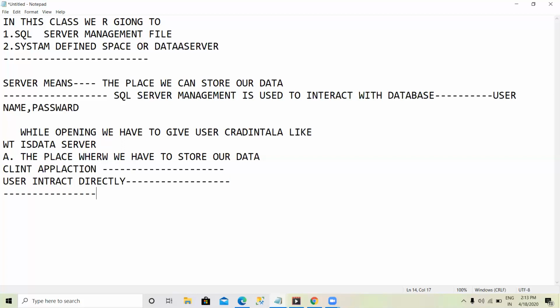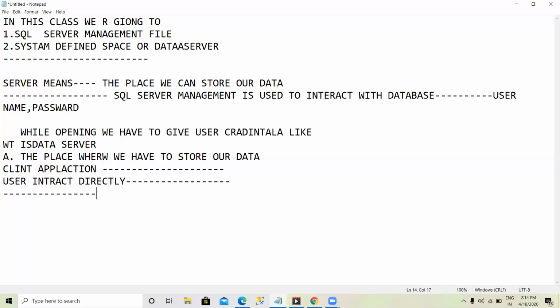Or in another way, the place where the user application is used throughout the world is nothing but a server.